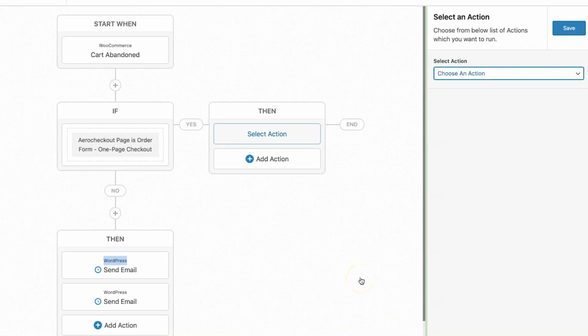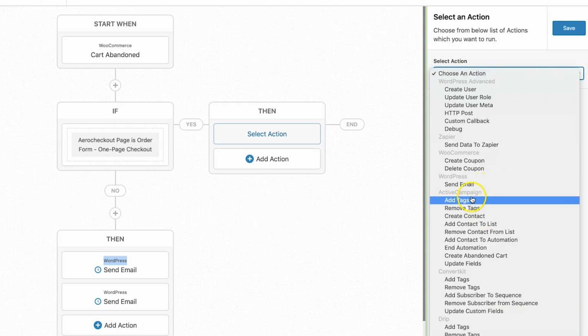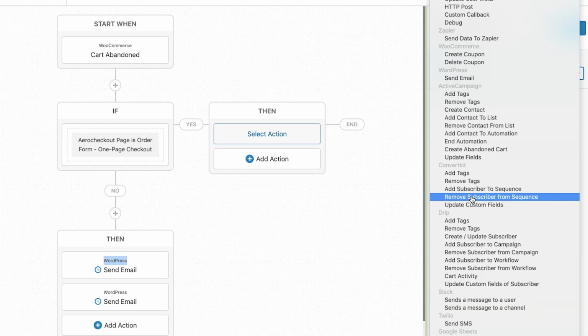Well, now I have to tell you that this is just the tip of the iceberg. There's so much more you can do. You can add a user to an automation. You can add a tag. You can create a personalized time-bound coupon code and send it out to them. You can do SMS campaigns using the Twilio connector and so much more.